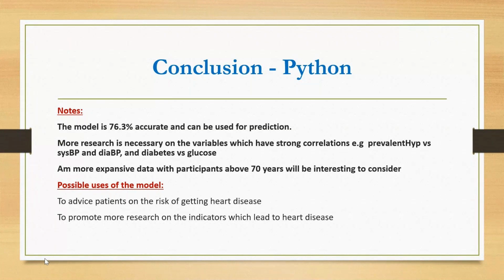So this model can be used to advise patients on the risk of getting heart disease. When a patient comes to you, you've run the tests, you have the various entries, then once you have those entries, you can use them to predict the risk of a patient getting heart disease. And it can also be used to promote more research. Now that there is a research hospital, it can be used by the students to promote more research on the causes of heart